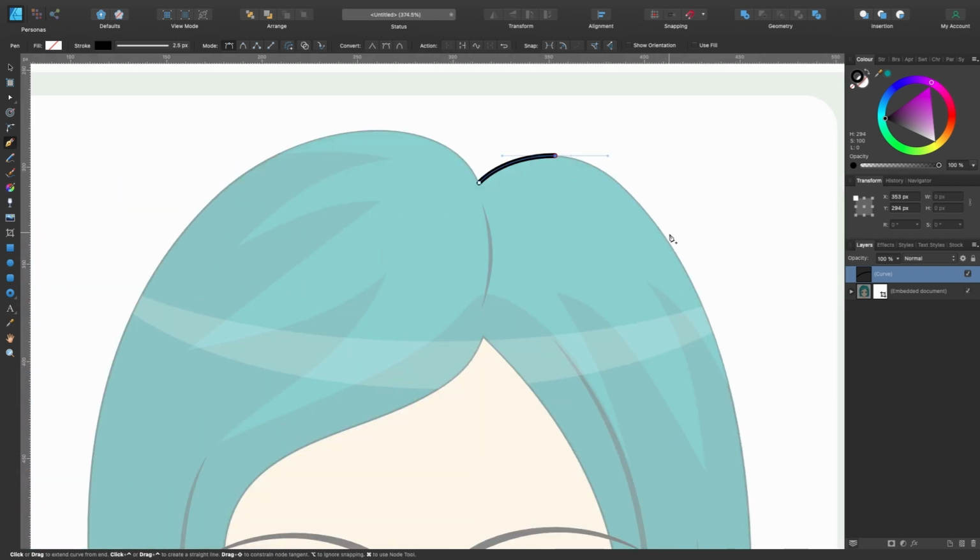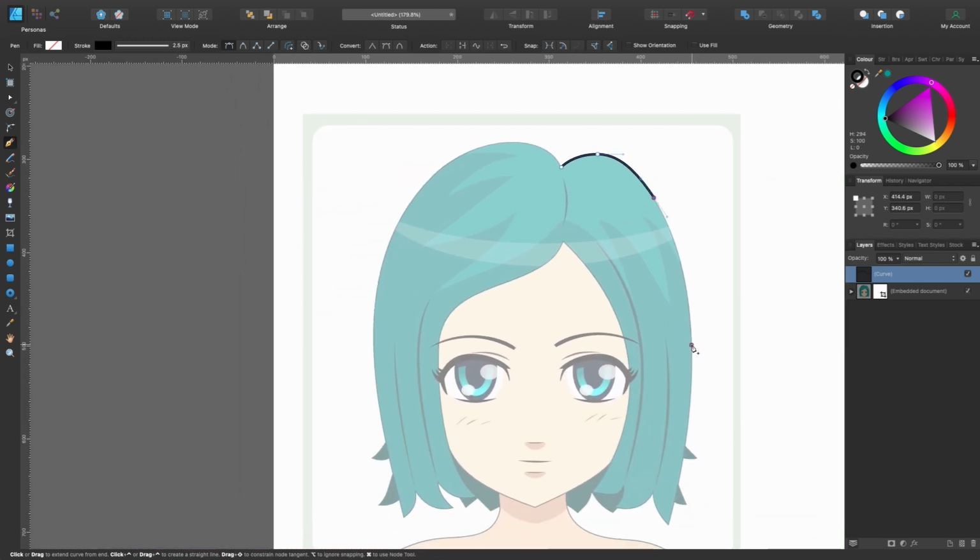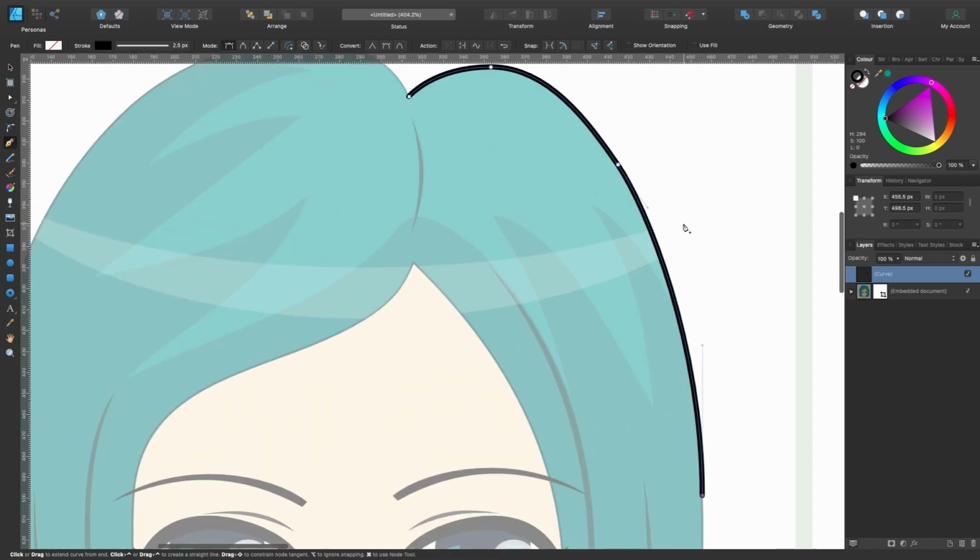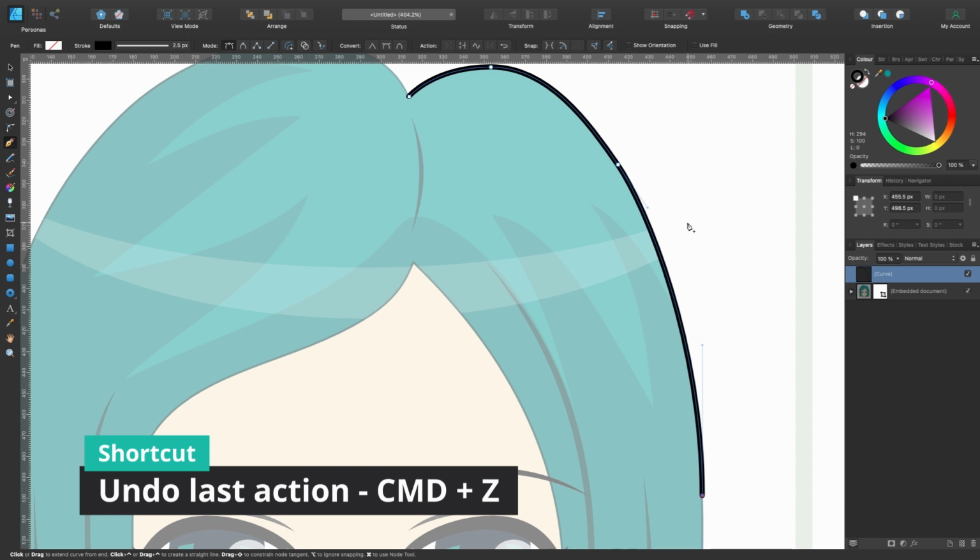We're not finished yet. We'll name that hair afterwards. So I've done that. I'll choose my next point. I'm probably going to put it here. Yeah, that looks okay to me. Okay, so next point, click and drag up. At this point, I will hold the Shift key again. I can drag up in a straight line. If I zoom in to see whether I've done a good job, yeah, it's okay. If you did mess up a little bit, you can always press Command Z to go back a step.